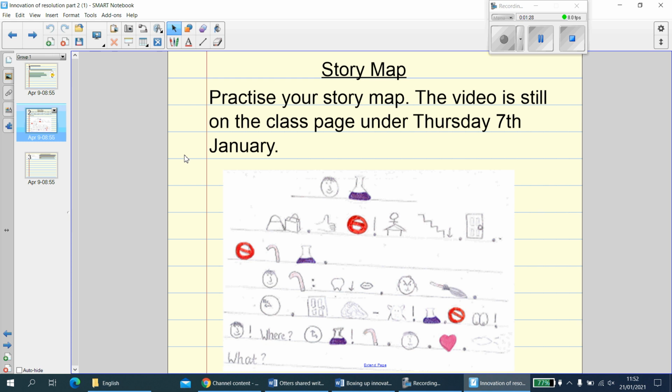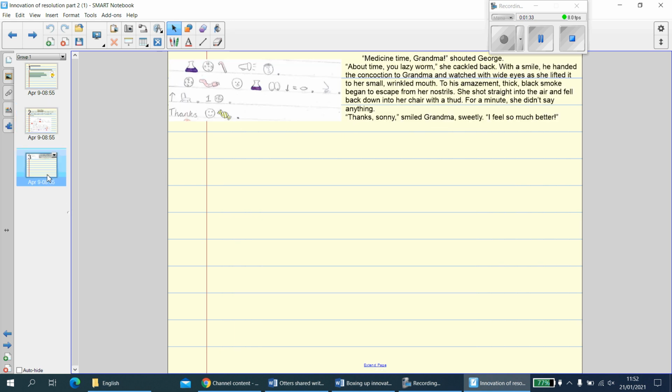Now that you've practiced your story map, we can move on to the writing part of our lesson. So we're going to be finishing our resolution today, and the end bit of our resolution is this part of the story map. Whilst I gave you the option yesterday, again, you could practice just this part of the story map today to get your brains in gear and get you focused on what part of the story we're on. So pause me whilst you do that if you're going to practice that part of the story map.